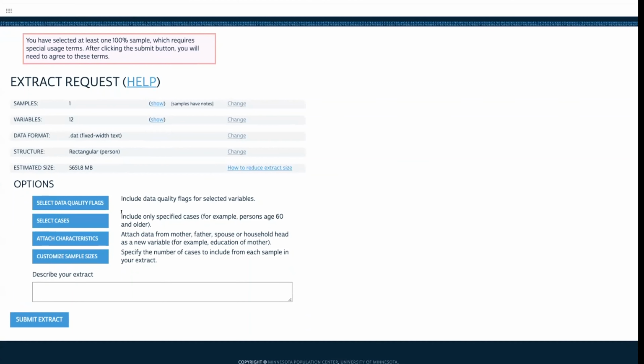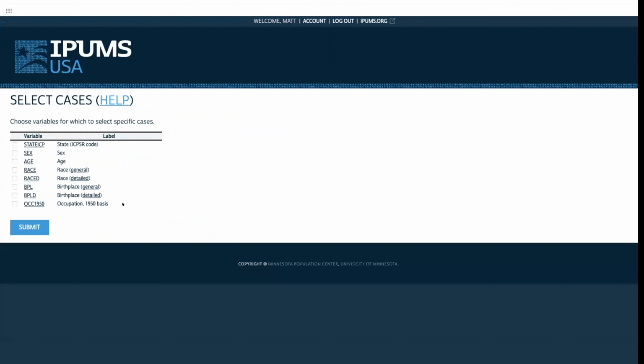Another way to save space is selecting cases. And this is helpful if you're interested in a particular universe for your analysis. So let's just say, for example, I'm going to use the example of fertility. So you want to study women in childbearing years, so between the ages of 15 and, we'll just say, 44 in this context. So if you wanted to make your extracts smaller, you could go to the select cases and